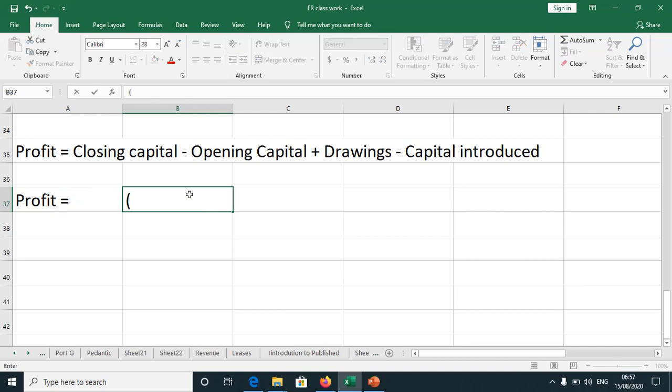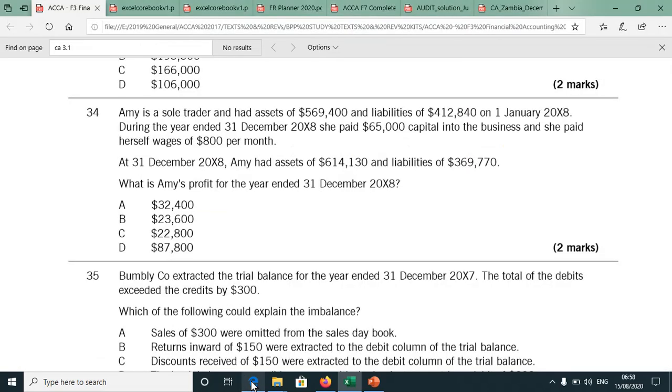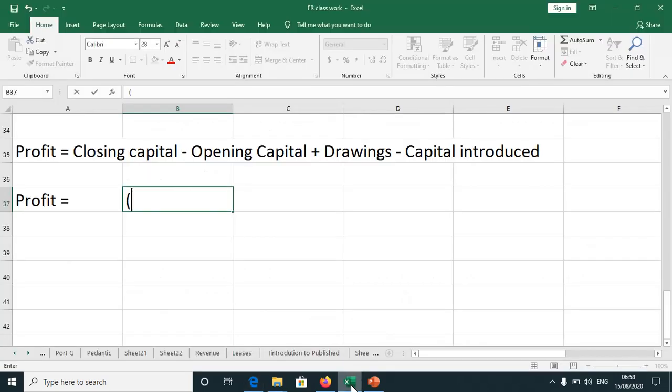So you say closing capital, in this case it would be 614,130 minus 369,770. So 614,130 minus,